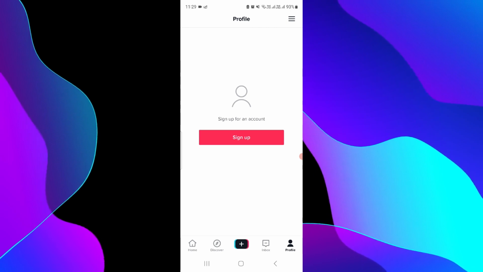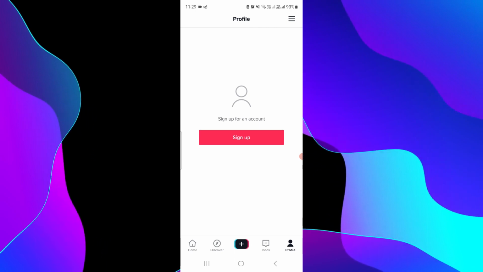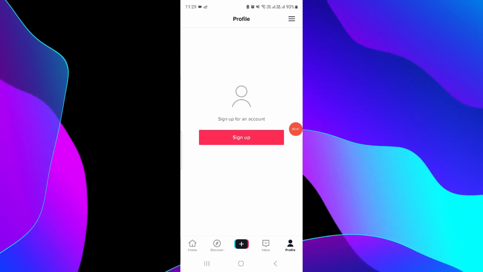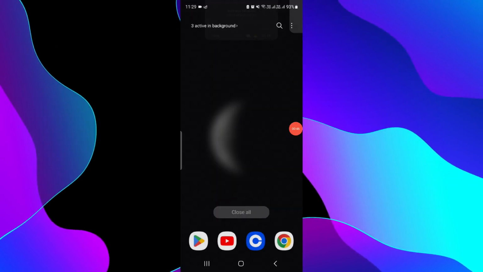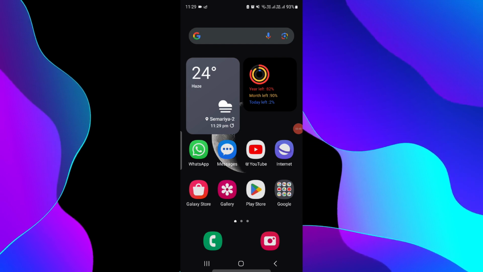add your bank account details or bank card details, go next, and your money will be withdrawn. So this is how to do that, and this is how to withdraw your money from a